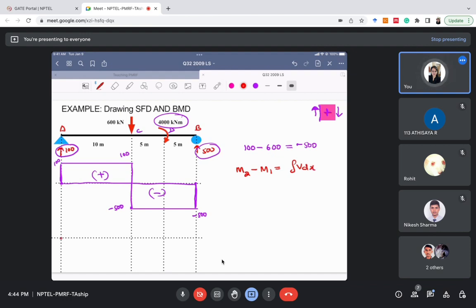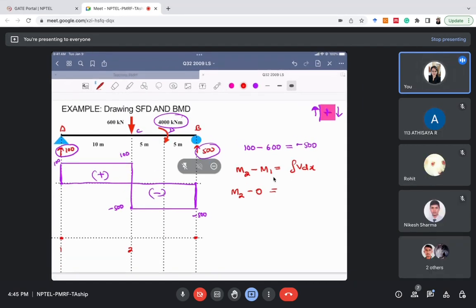So this is point A. At point A and at point B, the bending moment will be 0, because at A it is a hinge and at B it is also a hinge, so it will be 0 here and 0 here. Now let us call this section number 1 and this section number 2. We do not know the moment at section number 2, so M2 we do not know. Do we know M1? M1 we know, which is 0, and the integral of V dx means the area of the shear force diagram between